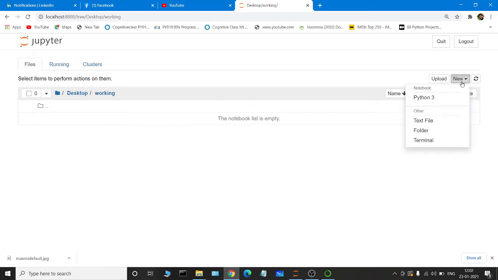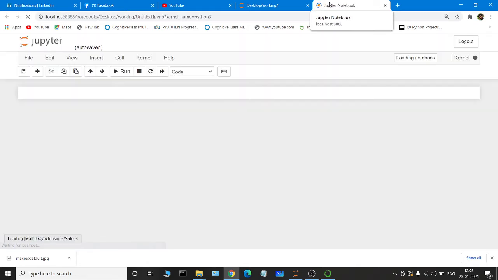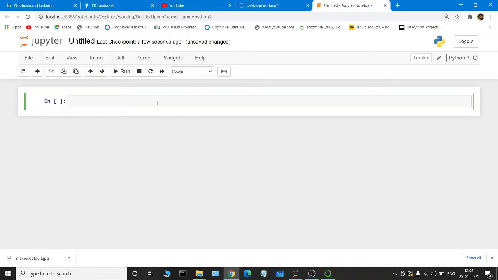Click on the New button. If you click on the New button, there will be an option known as Python 3. If you click on Python 3, a Jupyter Notebook will open, and in that notebook you can write the Python code and save it. This is known as a cell. You can increase the cells or decrease the cells; there is no issue. There are a number of options above, and we will see them one by one. But before that, write some print statements in this particular cell, and we will see how the execution goes.